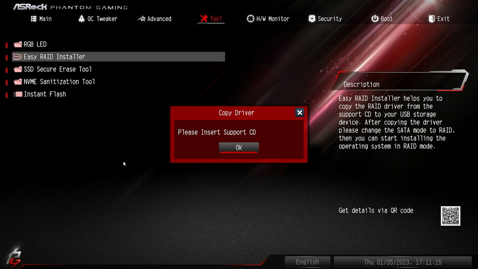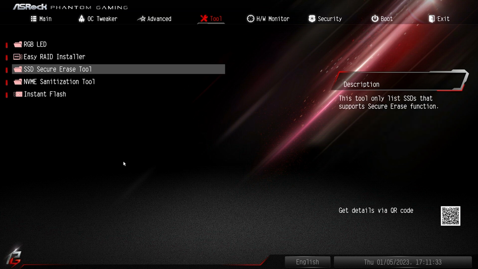If you've got a CD drive and USB, it'll basically copy the drivers for SATA RAID or NVMe RAID from the support CD and put it onto a USB stick for booting. I can't imagine many people doing that, but you never know. You can choose this tool